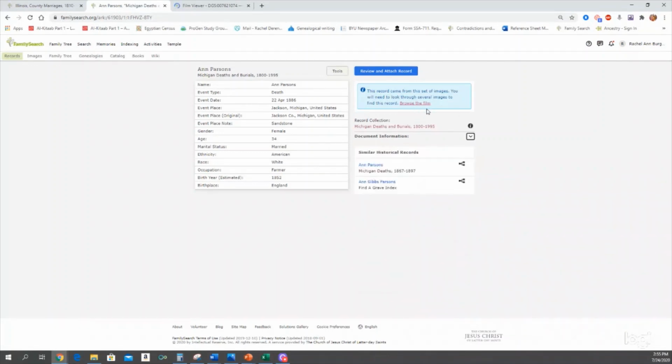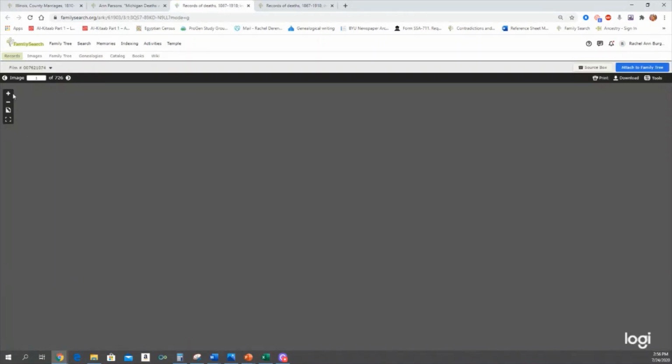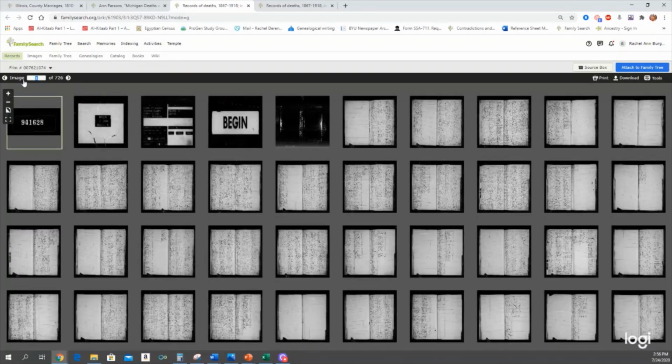Before you just jump in, something you should know is there's a section called document information. If you go here, you look at the reference ID. This is volume B, page 5. And now we're experts, right? We know how to navigate to different books and different sections. We're looking for book B. Now, we don't have a specific section number of the microfilm. This is going to take us directly to the first page, first image, you can see up here, of the microfilm.